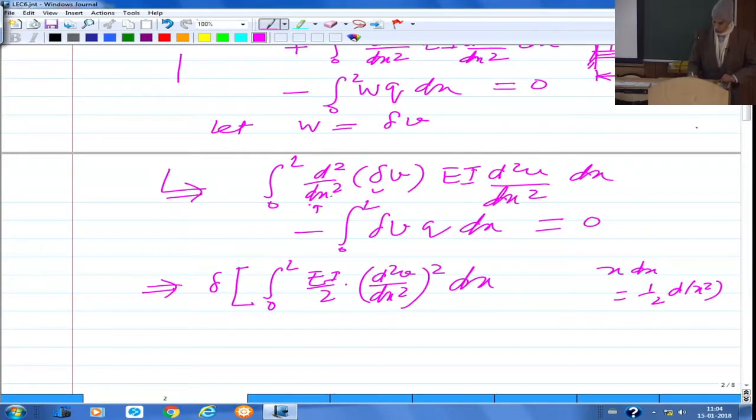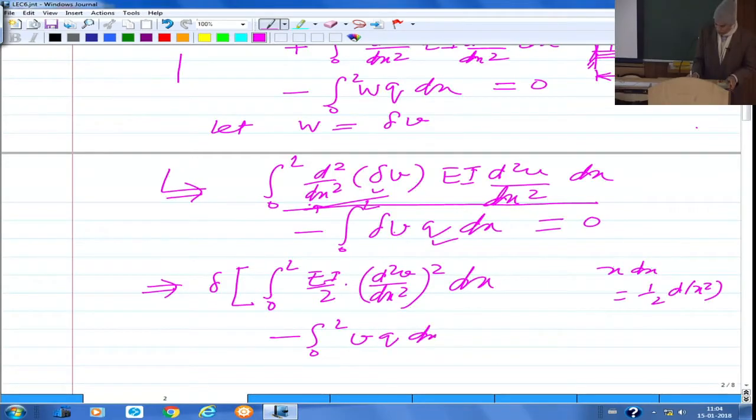after interchanging these two, the first term is delta of d2v by dx square into EI into d2v by dx square. So that I am writing as delta of EI d2v by dx square whole square by 2. So that's the first term. That is when I take delta common out from the first term, this is what I would get. And the second term is straightforward, so that is minus integral 0 to L, and delta you are taking out, this is anyway a known quantity, so variation is only with respect to v, so it simply becomes